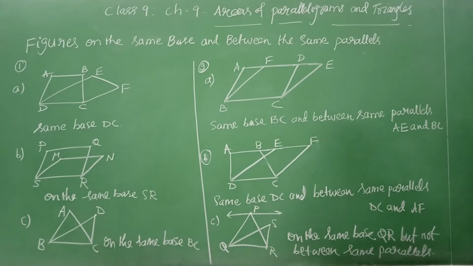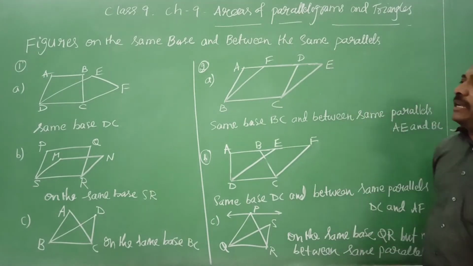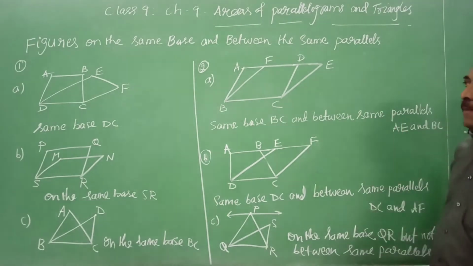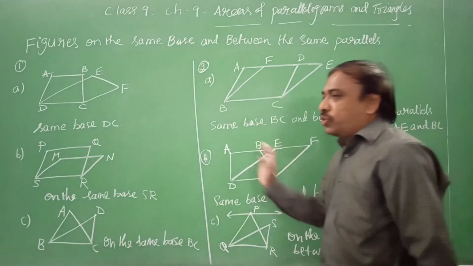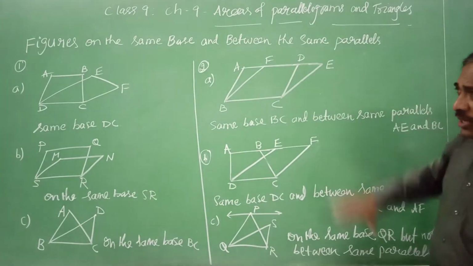Now we see figures on the same base and between the same parallels. Figures which have the same base and between the same parallels. So here we have 2 different types. Here one set and here this is another set. You see here